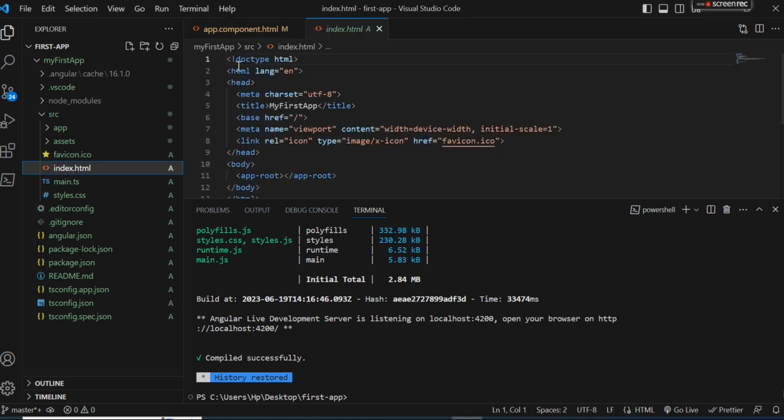So you can see this. All the metadata information is in the head, and the app-root tag is there too. It will render this app-root. So that's why we call index.html the root HTML file. You can see this HTML. After that,